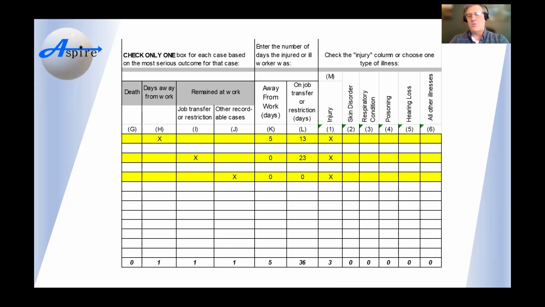Okay. Last one is if I put an X in column J, I cannot, by default, have a number in column K or L, because that means my injury was not significant, relatively speaking. I'm back to work the next day and I have zero restrictions. That's that circumstance I mentioned earlier.